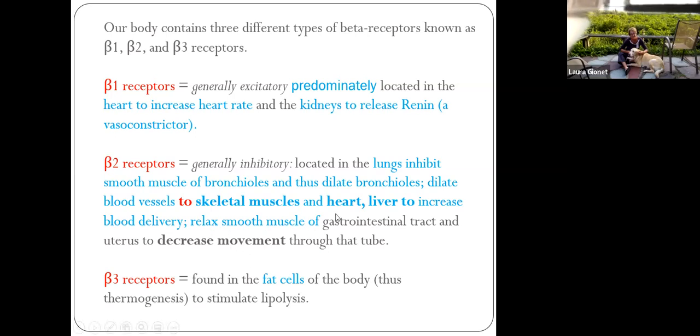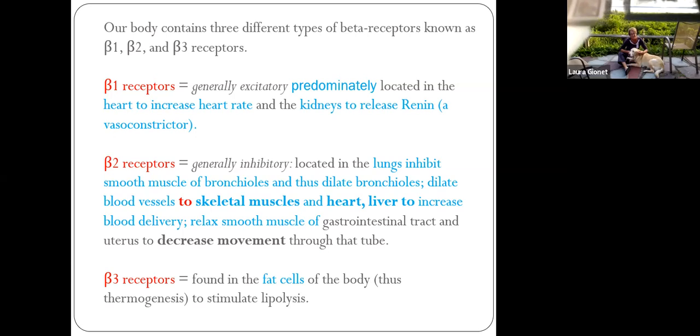It's going to relax the smooth muscle of the gastrointestinal tract for the opposite reason. We want to slow down gut motility. We want to slow down food transiting through the digestive system because, when we break down food, we want to maximally absorb whatever we can. We don't want it to be shooting through there. And if we're going to redirect blood and discourage blood to travel to that area and encourage it to skeletal muscles, the heart, the lungs, the brain, then we're going to slow down the movement of fluid through the small